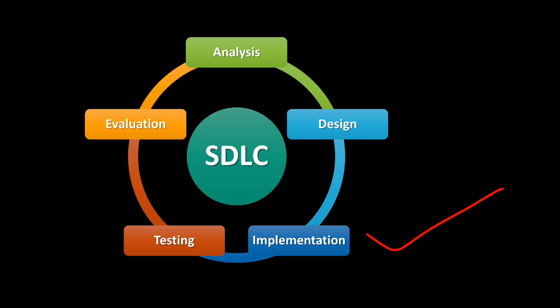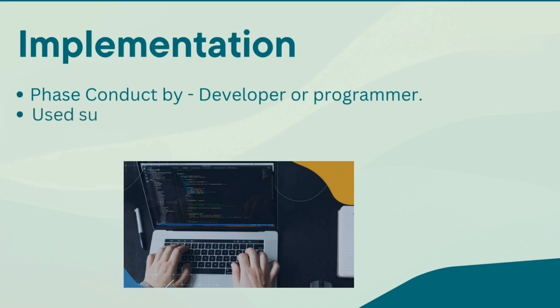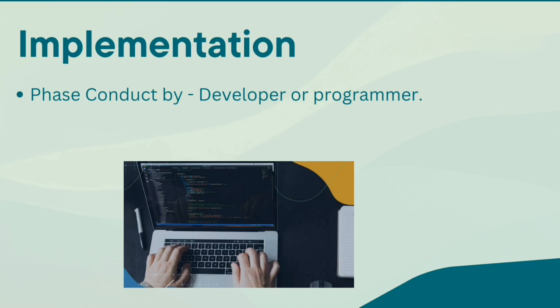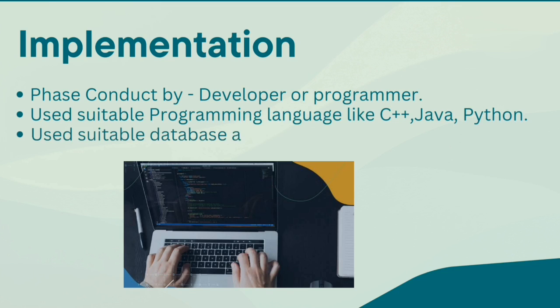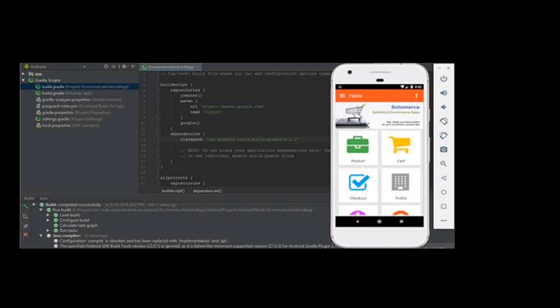Now the third phase is the implementation and coding phase. This phase is conducted by the developers and programmers. The development team and programmer team write the actual code. Programmers use different languages like C, C++, Java, Python, and also some suitable databases like SQL, Oracle. And they also use different programming tools. If we see our example of the online shopping application, then they also require the actual coding and actual implementation